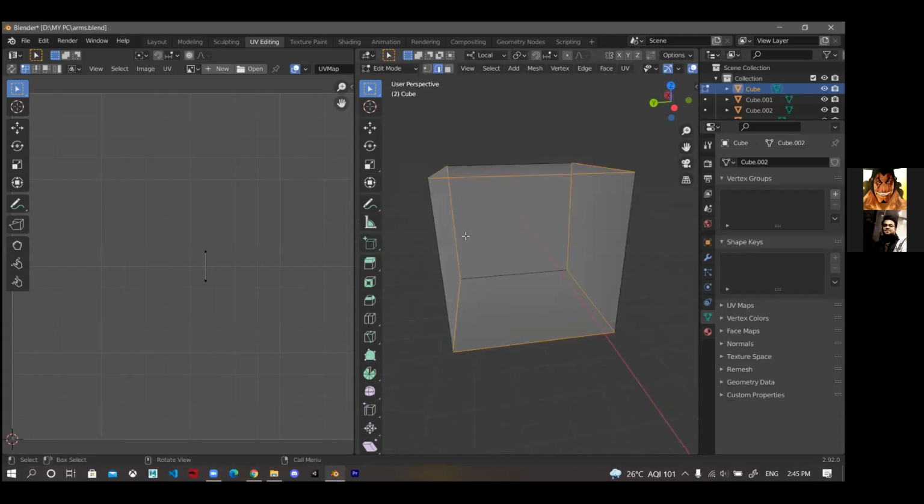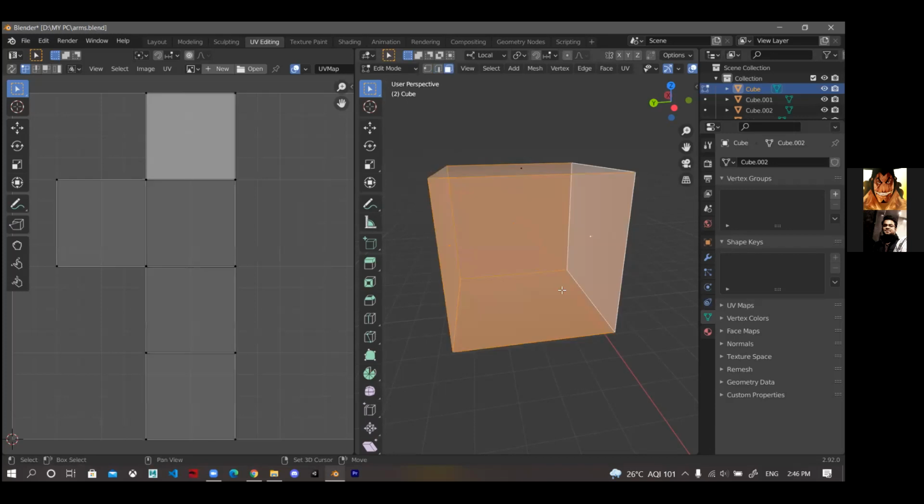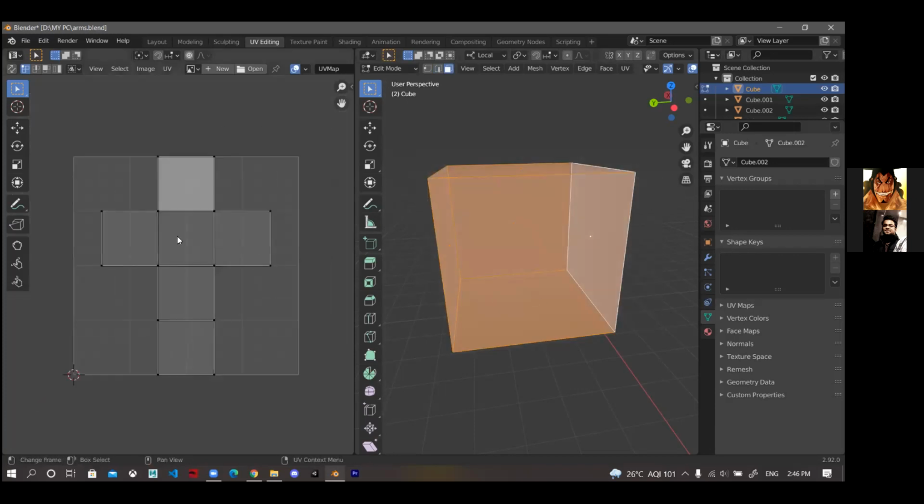And then after cutting this, it will open. We can open this as a 2D surface. This 3D cube will become a 2D layout and it will look like this.